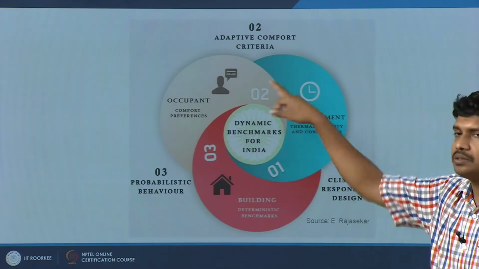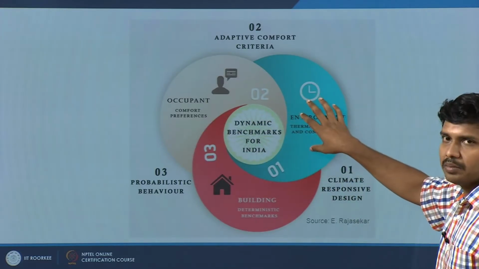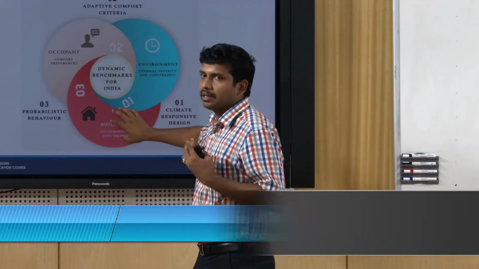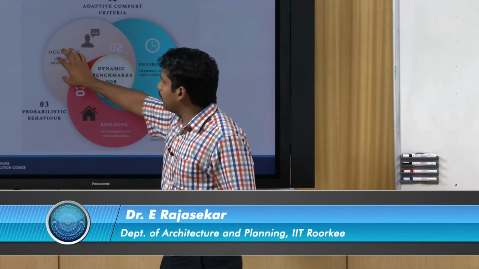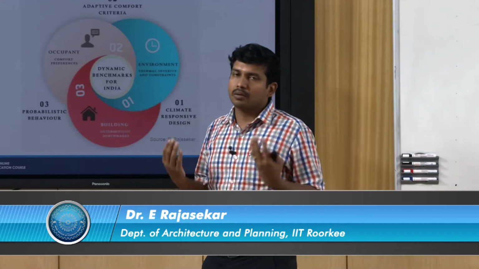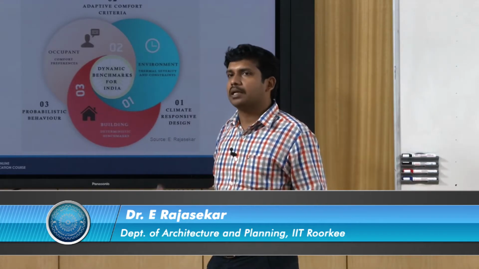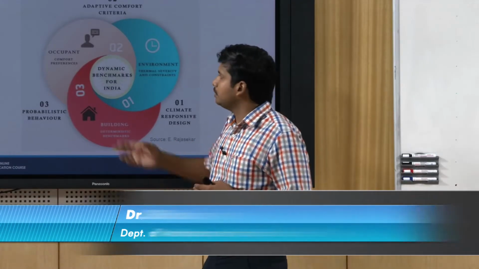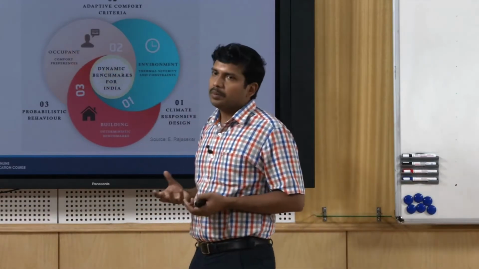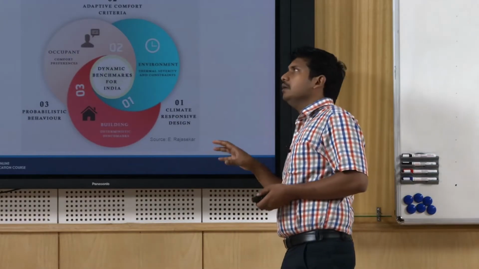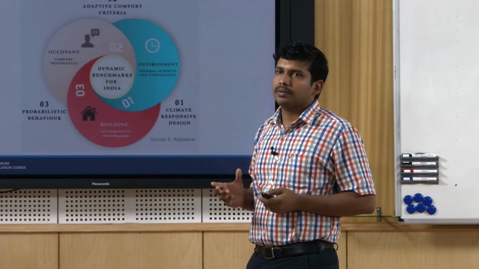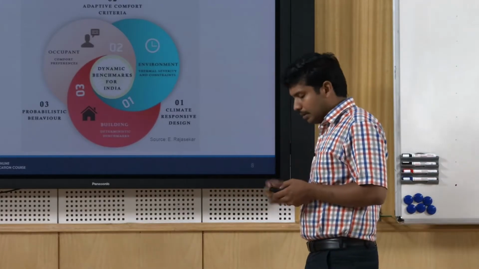So these three things together: how harsh is the environment, say typically in summer, how the building is behaving in summer, and then how the people are using the building, closing the windows in the daytime and opening them at night for proper night ventilation. So, this totally determines the overall indoor thermal perception. This whole phenomenon can be combined together to say what is the overall adaptive thermal comfort available for the person.